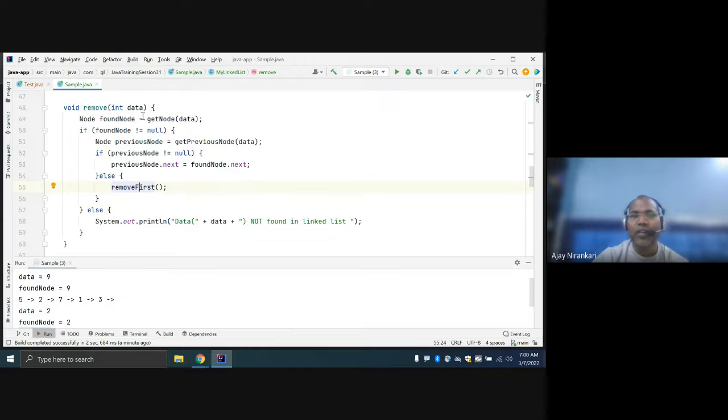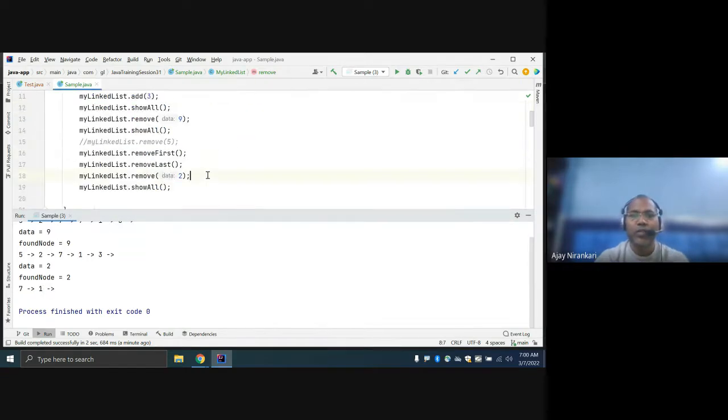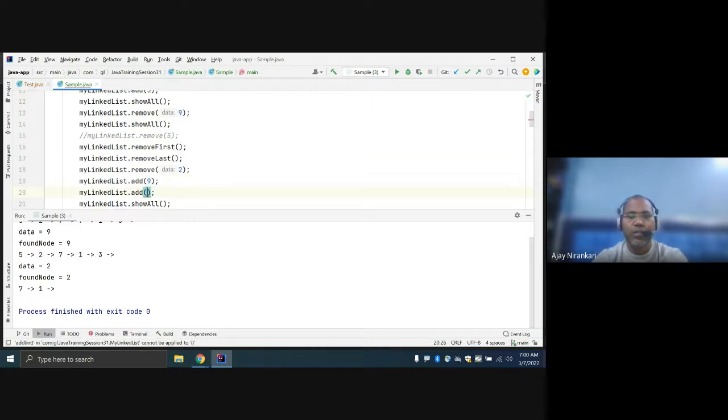Let's check. Let's add some more data here first. Dot add, again add 9. Again add 3.